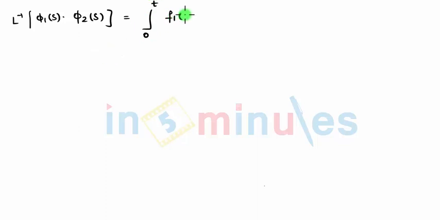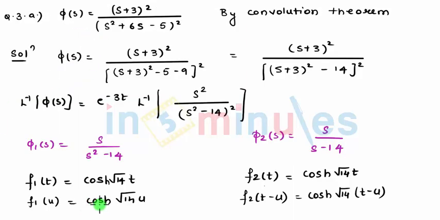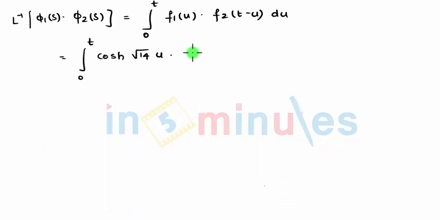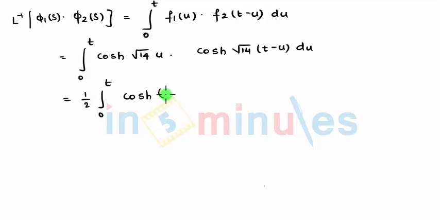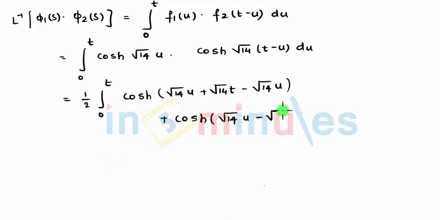is equal to integral 0 to t f1 of u into f2 of t minus u du. Let's substitute. So that comes 0 to t, f1 of u is cos hyperbolic root 14u, further is cos hyperbolic root 14 times (t minus u) du. So cos and cos comes to be 1 by 2 cos hyperbolic of (a plus b), so root 14u plus root 14t minus root 14u, further plus cos hyperbolic of (a minus b), so I can say root 14u minus root 14t